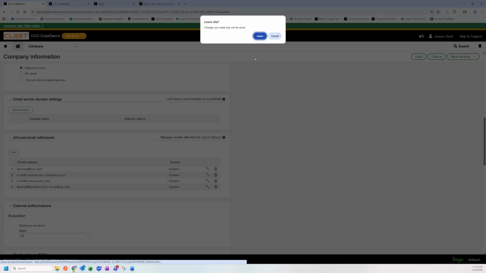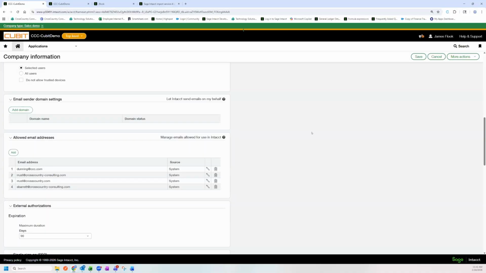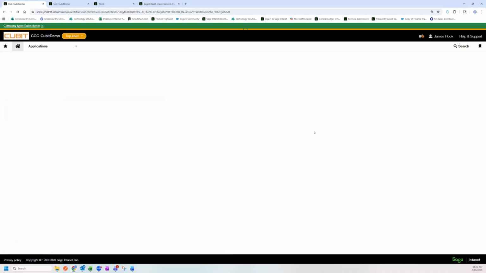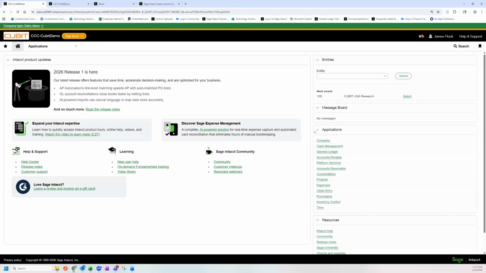Another exciting feature available in 2026 R1 is an upgrade to the import service to support AI-powered mapping and data transformation tools. So enhanced mapping will allow you to automatically split, join, or map fields from one source field to multiple destinations. For example, if you're importing contacts and you use the contact ID field to contain first and last names in a single field, you can now split the first and last names into their separate fields seamlessly